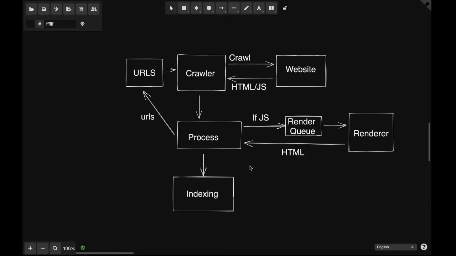But still, it's always advantageous to have server-side rendering, or at least pre-rendered static pages, because not every bot has a renderer. Google does it, but not every bot on the internet does. That's one reason. Second reason, even with Googlebot, this rendering and indexing takes a lot of time. If it's HTML, the bot will directly process and index it. But in the case of JavaScript, it doesn't index it immediately. It puts it into a render queue, then it gets rendered, then it gets processed and indexed in a second wave. So sometimes there can be a delay in indexing.